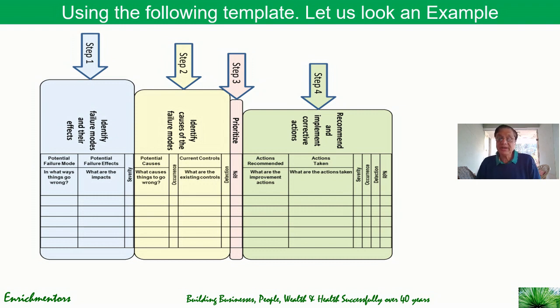In the fourth step, with the same team, you start identifying corrective actions, and the team makes a recommendation of what to do. So it looks at these severe failure modes, these causes and this chance of detection, and asks what improvement actions the team thinks we should take, and you list that down. And once you have done that, you probably disperse for some time, and then you start implementing those action plans. Come back and review